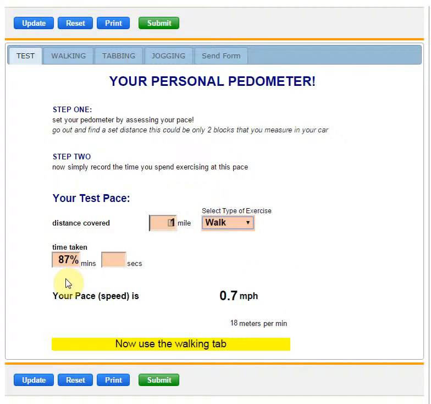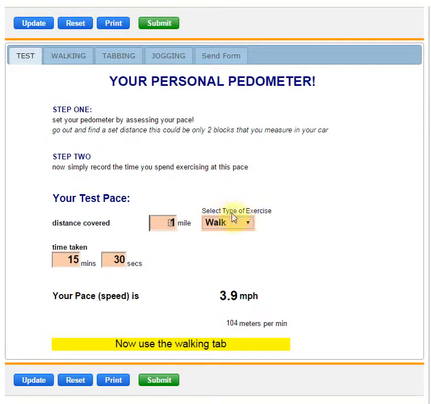How long did it take you to cover that mile? So two things: the distance covered, the type of activity, and how long it took to cover that distance. So let's say they walked a mile in 15 minutes and 30 seconds. Okay, so if I hit the tab on that, that means that their pace is 3.9 miles per hour. So that's the first thing we can do. We can measure a person's speed or pace given any distance and how long it was taken to cover that